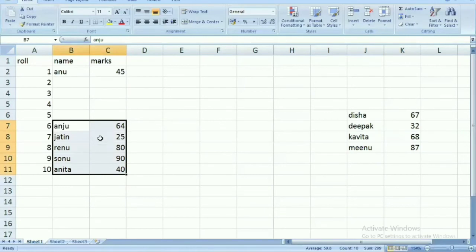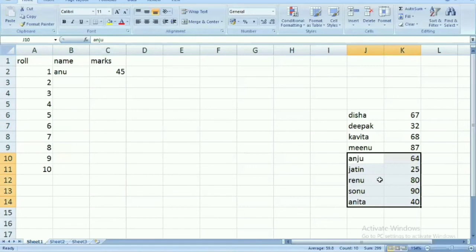I want to cut it from this position. So Control X is the shortcut key for cut. And wherever you want to paste it, for example, I want to paste it here, Control plus V for paste. I have pasted here. So any method you can use, either drag and drop or cut and paste, for the movement.